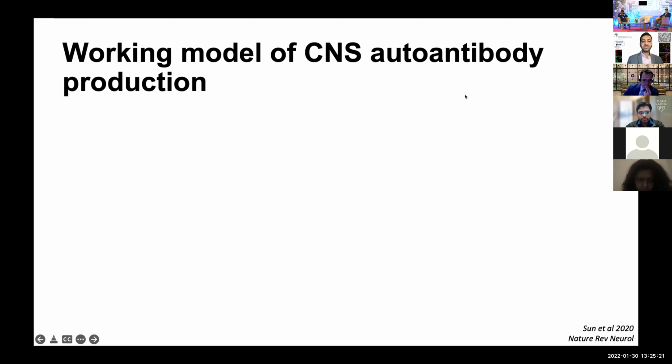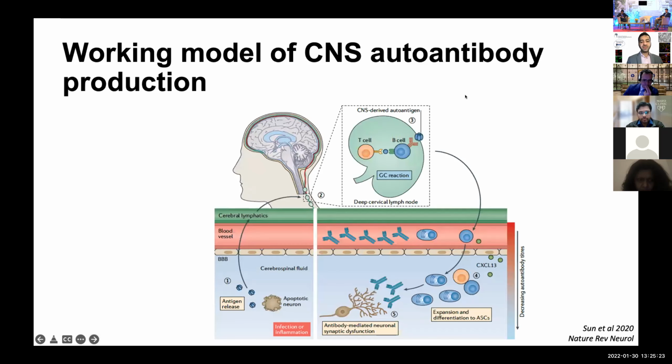And I'm going to spend just a minute or two on this slide, because I want to talk you through a few observations which I think allow us to understand where we might give drugs to patients and where we might be best placed giving these in the future. The first observation is that I think these diseases in general, and I include NMO and MOG-AD in this, must arise from antigen in the CNS spilling out into the periphery,